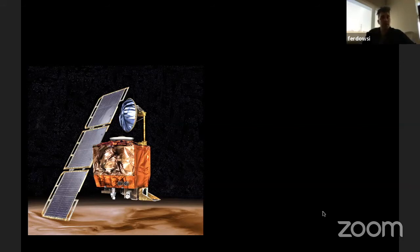So it's possible on the one hand that it skipped off the top of the atmosphere, so it hits the top of the atmosphere, ends up spinning around, and flies off into space, or it hit the atmosphere and burned up and is somewhere as wreckage on Mars. We don't know. And so once again, we learn a lesson from this one, this time a little bit different,